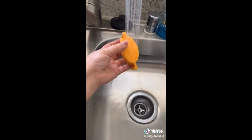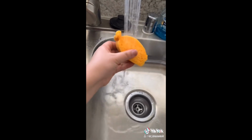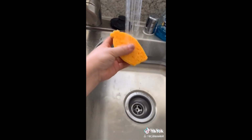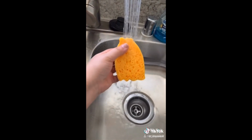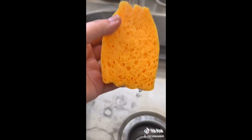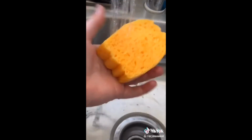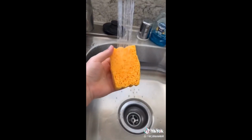Oh, excuse me? How cute? Is this a lemon? Hold on, let's see. Oh my god, it's an actual sponge. It's getting square. Wow, this is cool. I would have never thought that this...